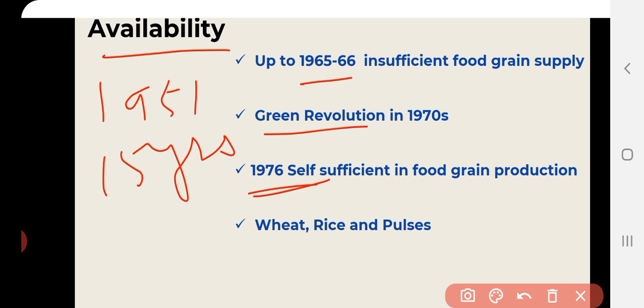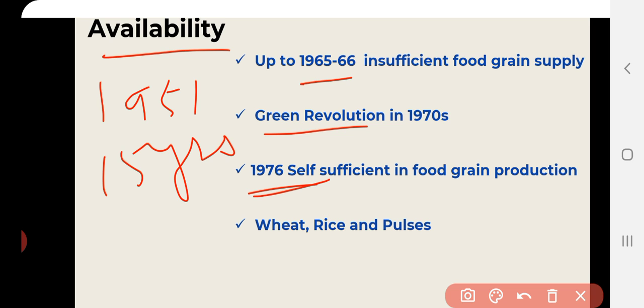Particularly, just as I mentioned, the production of food grains means production of wheat, rice, millet, sorghum, maize. These all are the grains which come under the category of food grains, and pulses also come in this particular category. But as a result of green revolution, as a result of increased production of food grains,